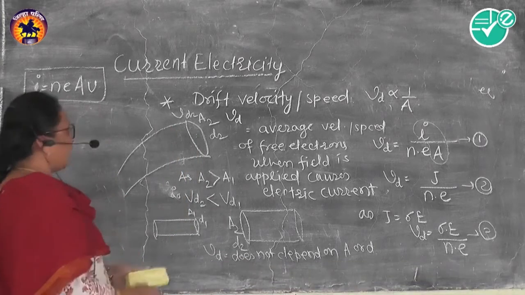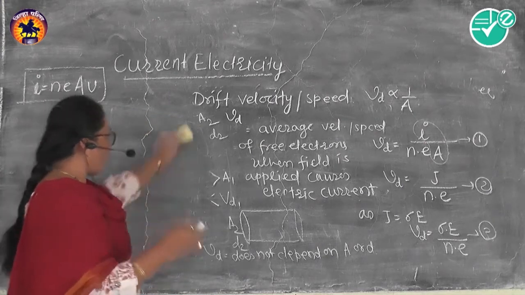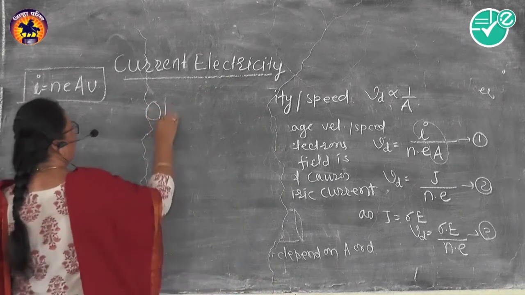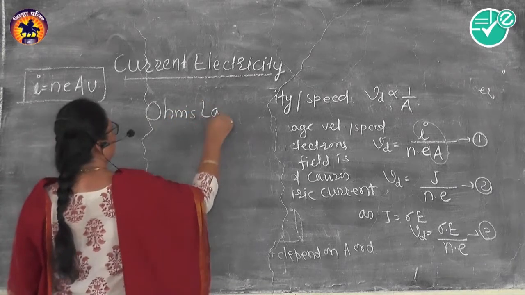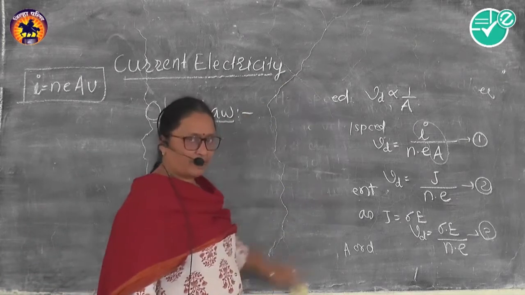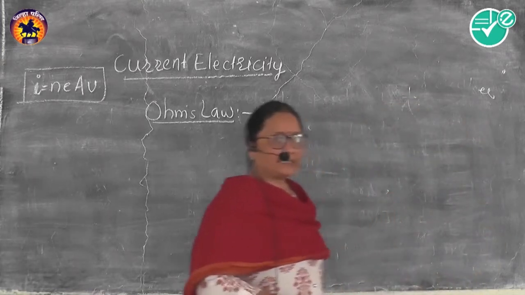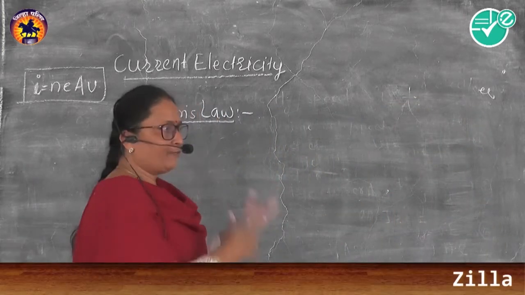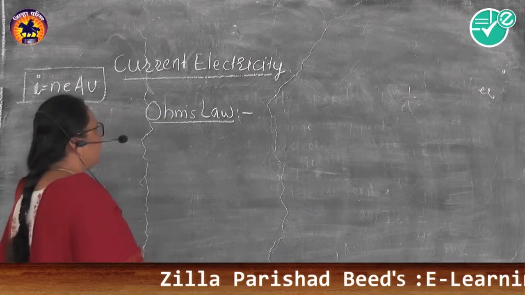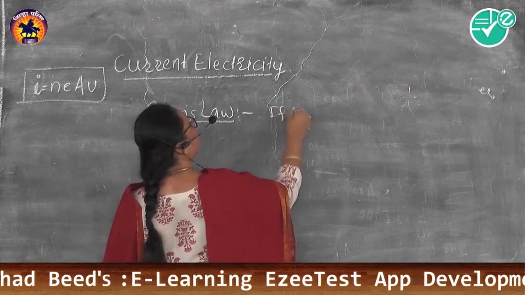Now we have to discuss the important law which is the basis of current electricity, and that is Ohm's law. Scientist Ohm performed a number of experiments using different conductors at different conditions, that means having different dimensions, different temperature, different material, and he finally concluded that if the physical state of the conductor